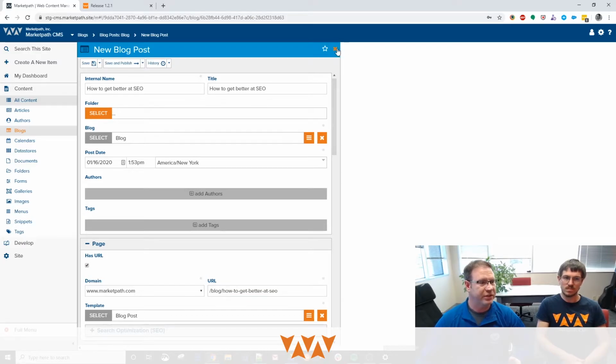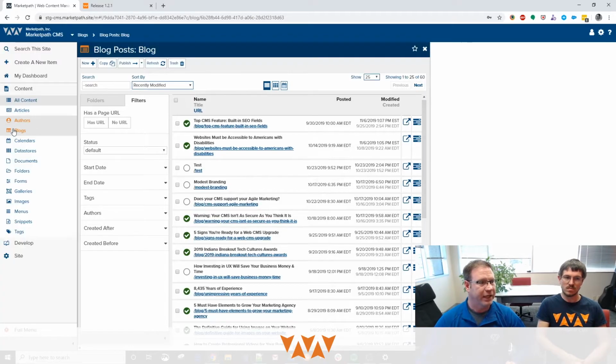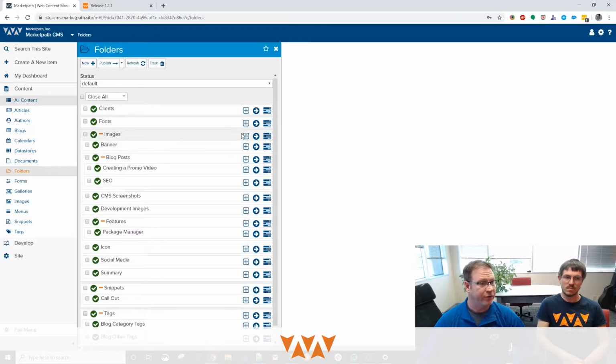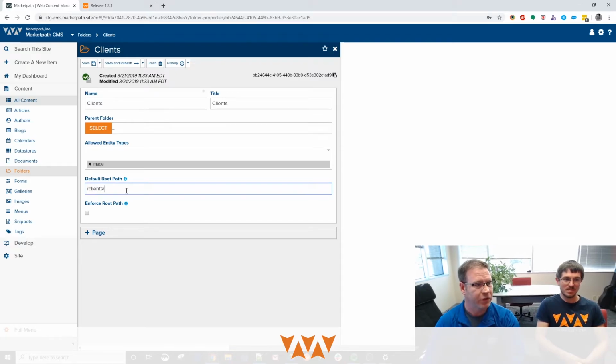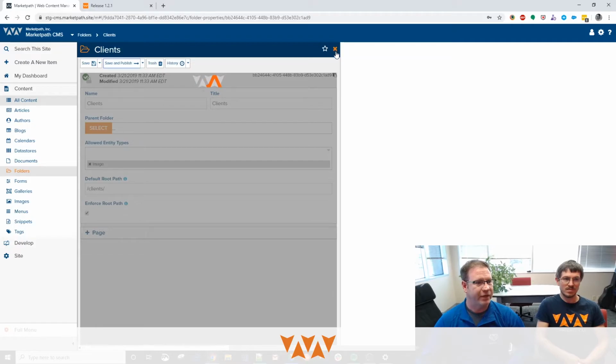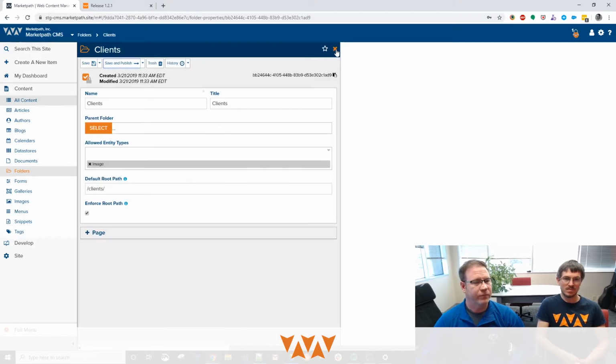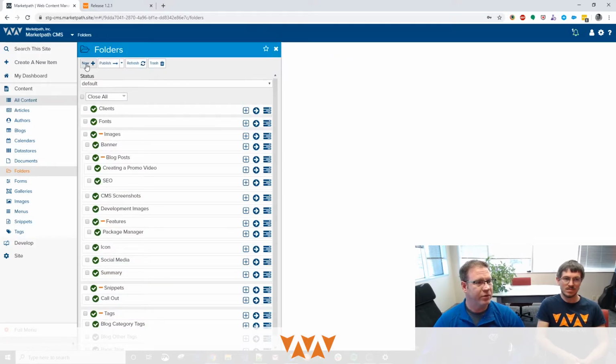Another feature here is that I can set the same thing on folders. So let's go to folders. I can set a default root path on this called clients, and I can enforce it. Go ahead and publish that. And then now if I go to create a new article,